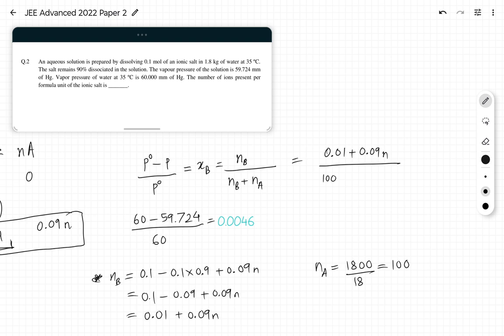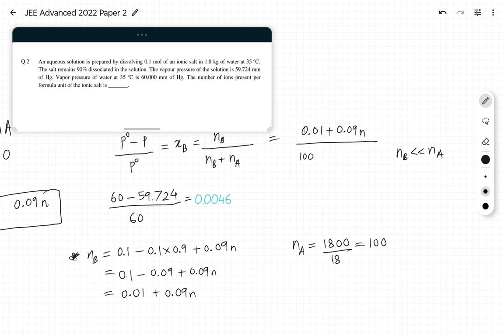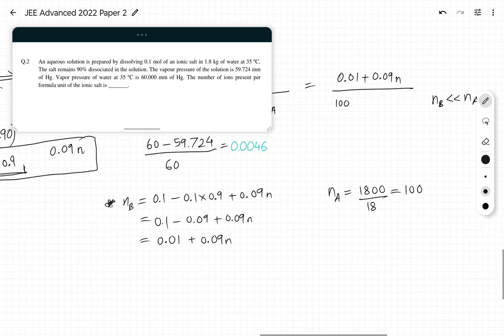Because NA is 100, we can approximate, since NB is quite small compared to NA. NB is very small compared to NA. It's a very dilute solution, so the relative